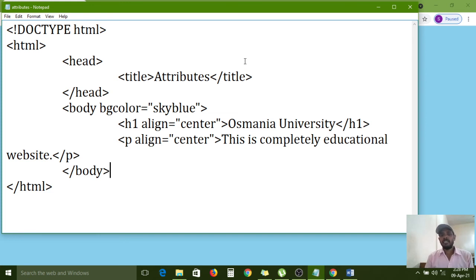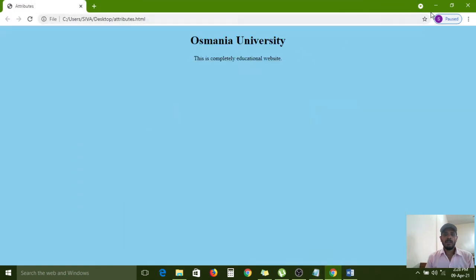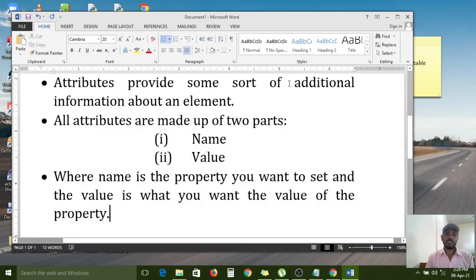But each and every attribute will not work for every element. All attributes do not belong to all elements. Some attributes are reserved, some attributes are not reserved.